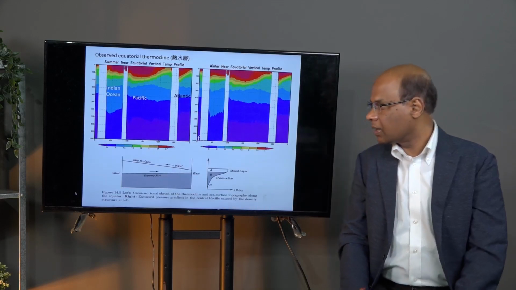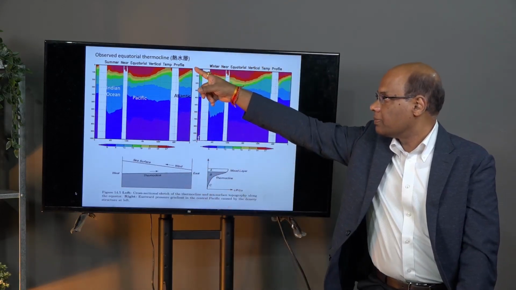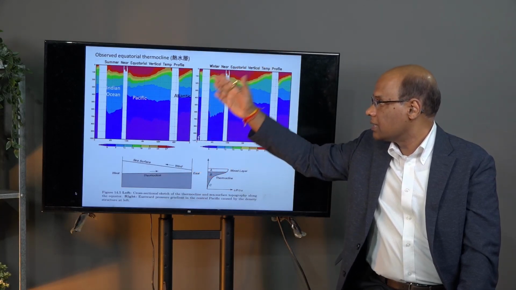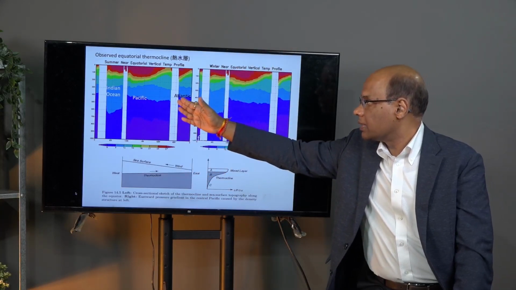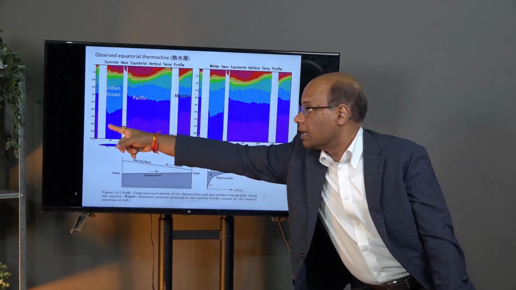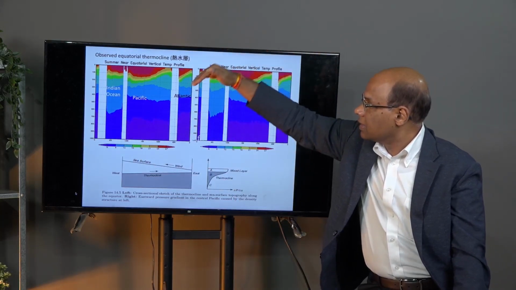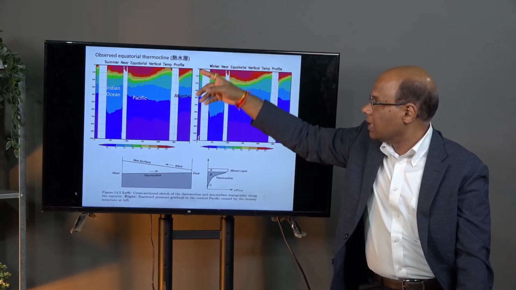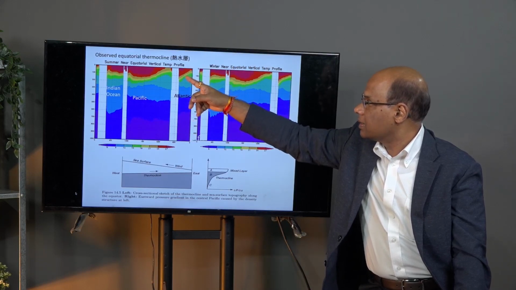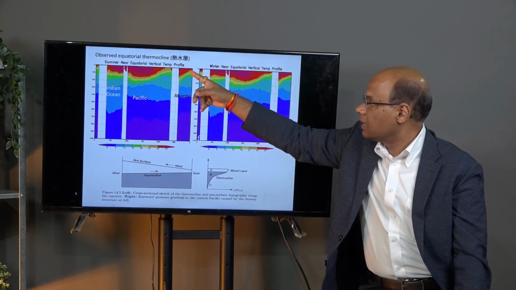Now this is a cross section, if you take it on the equator from surface to about 1,000 meters. This is the African coast, the American coast, and the Indonesian coast here, and the African coast again there. So you can see that in all the basins, the eastern sides of the basins are cooler. The temperature is upwelled, so the thermocline, what we call this line, is tilted upward to